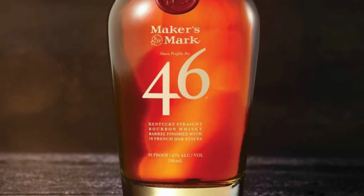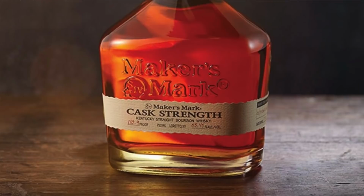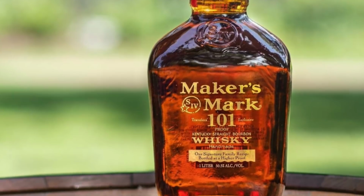Maker's Mark's portfolio is a little slim compared to others. It contains, of course, the original Maker's Mark 46, a cask strength version, and brand new, you can only buy it at the distillery, is Maker's Mark 101, and it's 101 proof bourbon. So it's kind of funny because in 2013, Maker's Mark actually announced that due to demand, they were going to lower the proof of Maker's from 90 proof to 84. And this was met with outrage, general outrage,